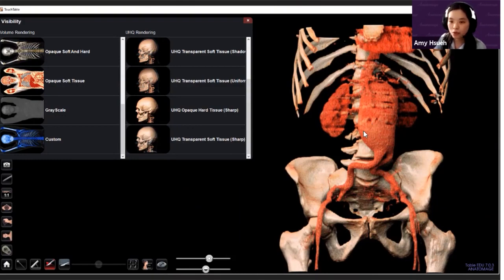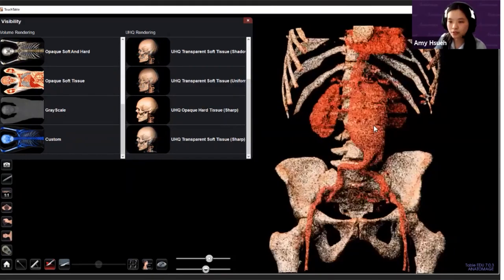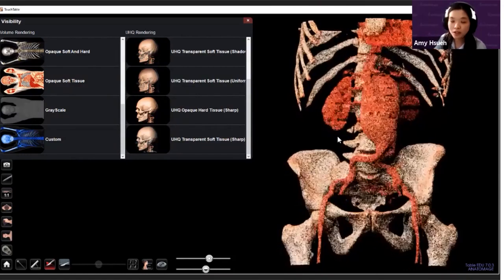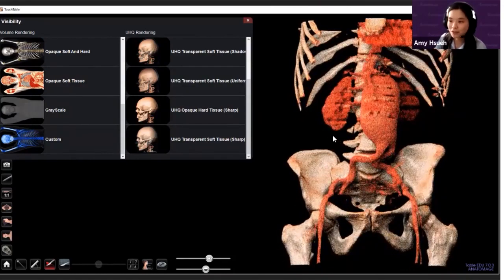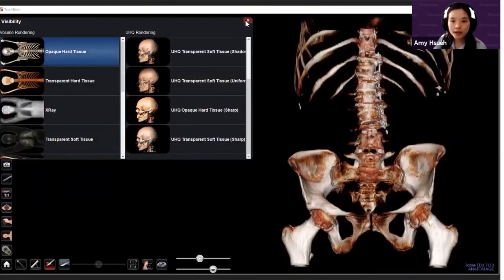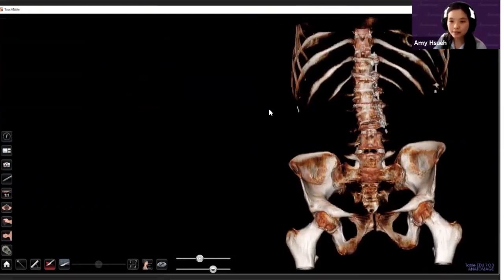So you'll notice that when we move around this UHQ scan, it gets a little bit fuzzy. That's totally normal. That's just to make sure that the software doesn't overwork itself trying to keep it nice and pretty for you. It will go back to normal once you stop moving it. So if we go back to our scan,